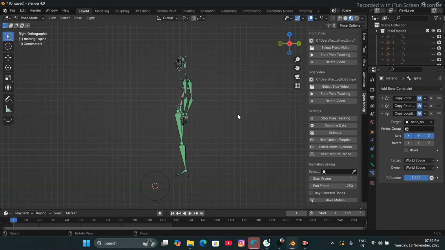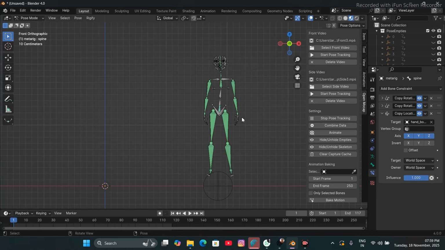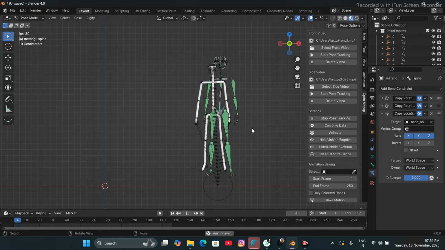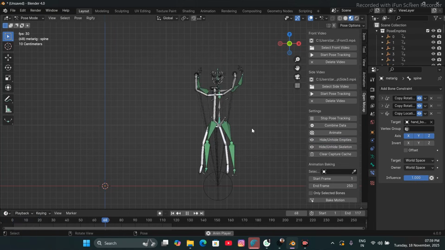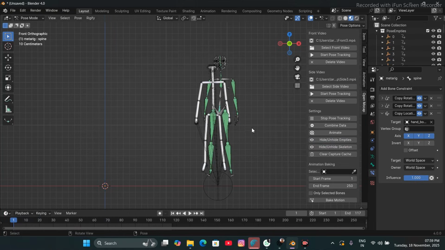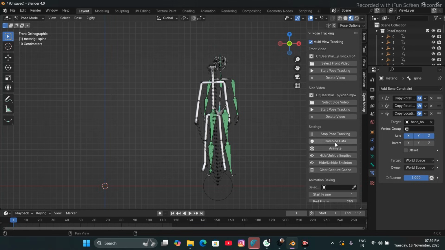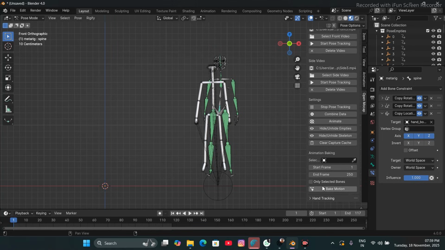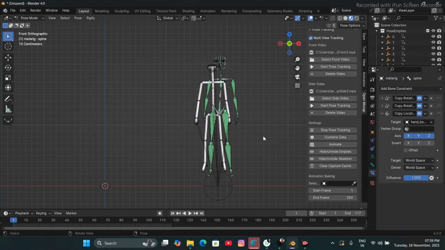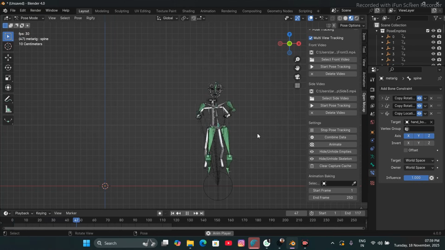And one more thing I can do is during the animation process, if you feel like you don't want to transfer the motion for a while, you need to pause that. You can just, oh, that option is not shown here. I'm so sorry. I'll just explain how to